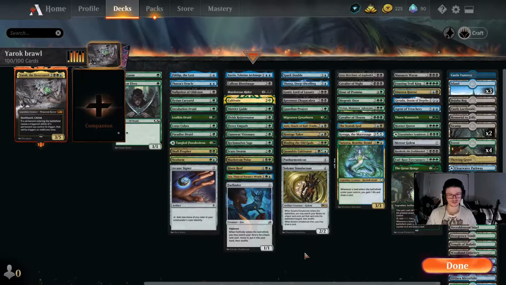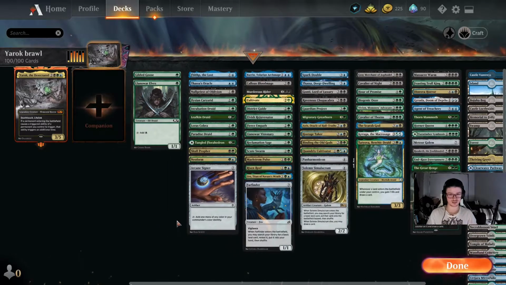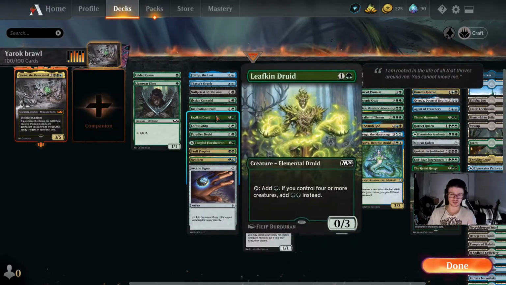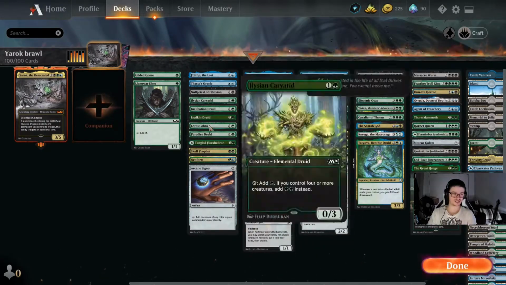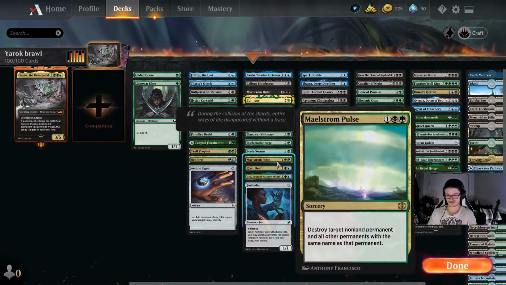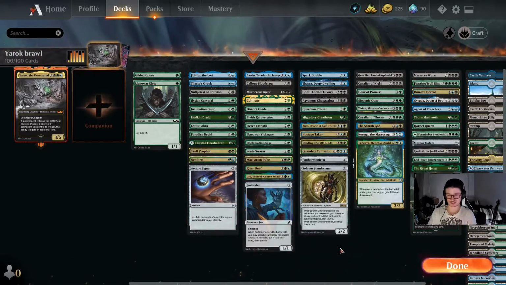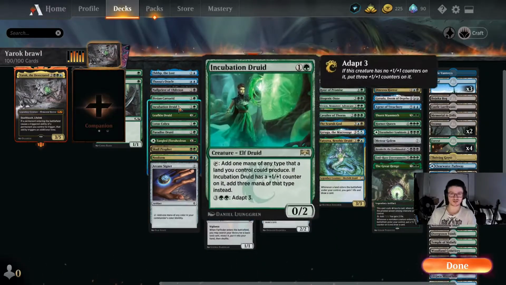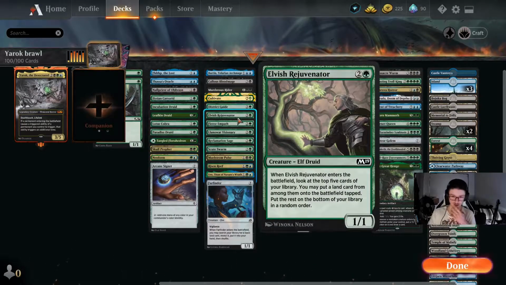So the goal of this deck is going to be to outvalue the opponent. We're gonna start with just a lot of ramp, as you can see. We're gonna start with all of these ramp. Now, the goal of this, why there's so much at 2 mana and at 3 mana, is that we want